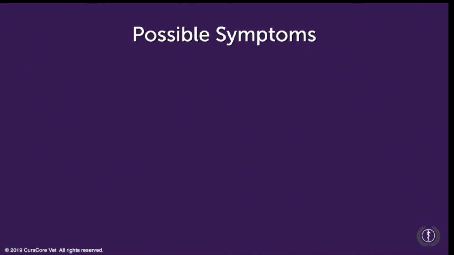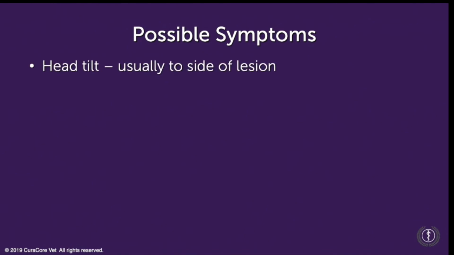Various symptoms, and there can be a multitude of them, and it can vary some between central vestibular disorders and peripheral vestibular disorders. But some of the more common symptoms are a head tilt, and that is typically to the side of the lesion. And a tilt would be more like this, where the ear is moving towards the shoulder. So in my case, this is a right head tilt. And then a head turn would be when the nose deviates from the longitudinal axis. So this would be a head turn, and this is a head tilt. So often the dog will tilt its head to the side of the lesion.